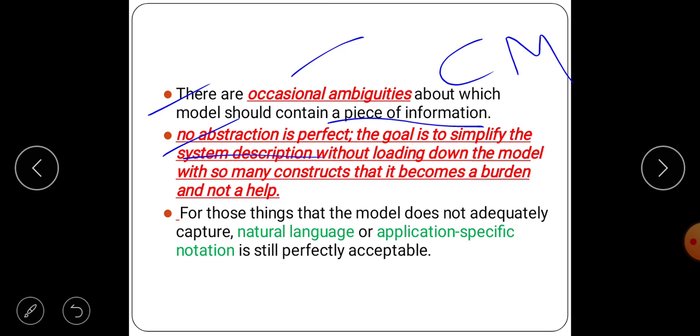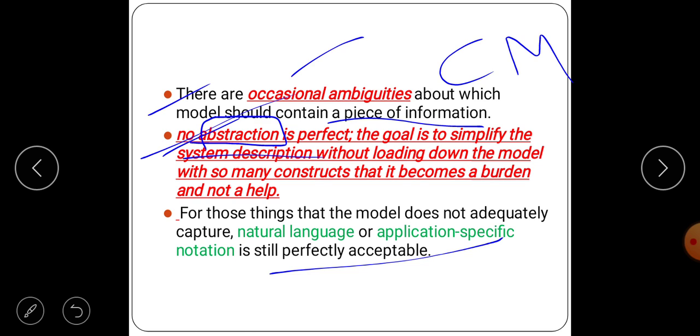Okay, that is our goal. We are not going to add in-depth detail. We are only going to mention the important points in our abstraction. So they are telling that no abstraction is perfect. For those things that the model does not adequately capture, natural language or application specific notation is still perfectly